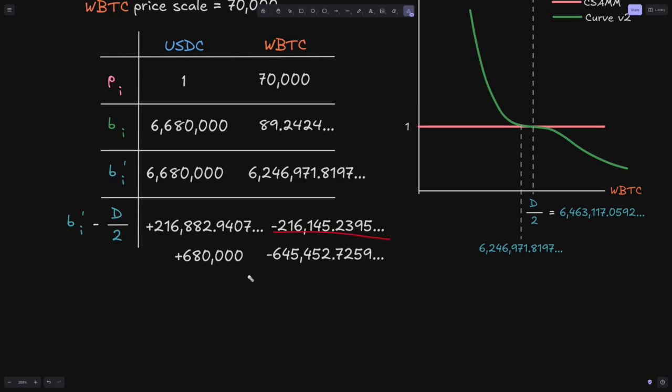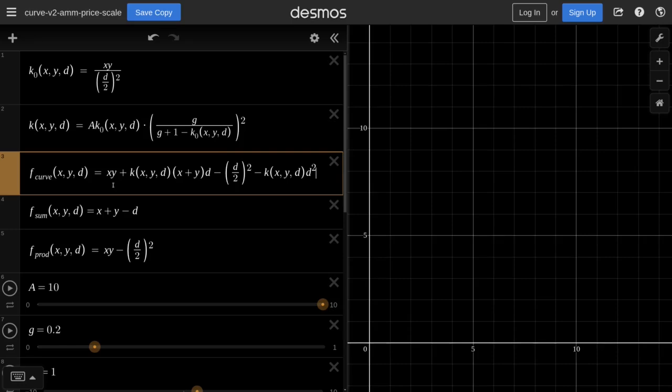And this is what these two numbers tell us. In summary, by changing the price scale, it changes the region where liquidity is concentrated. Here's the equation of Curve B2 for two tokens. When we use this equation, the x and y's are not actual token balances. They are transform balances. To get the transform balances, you will multiply the actual balance of the tokens with the